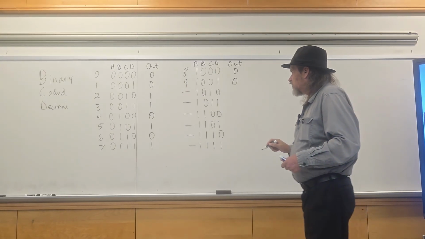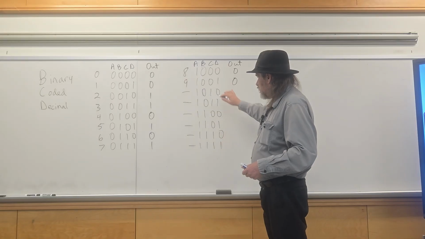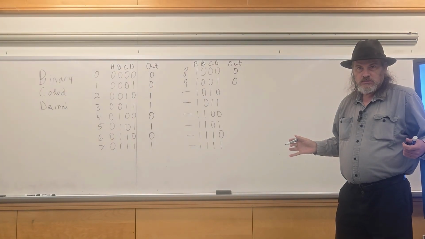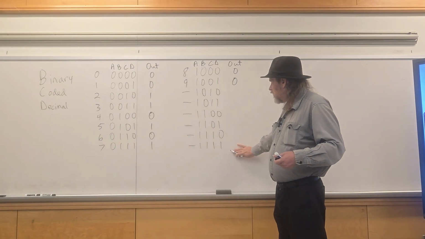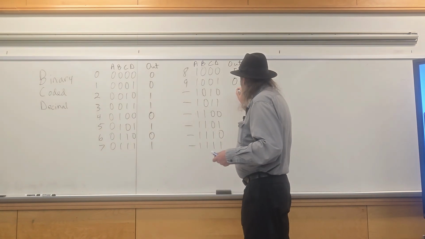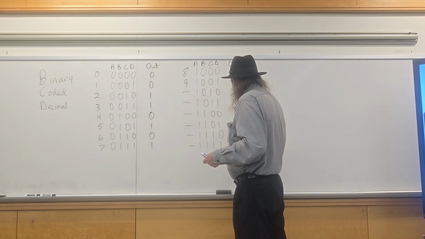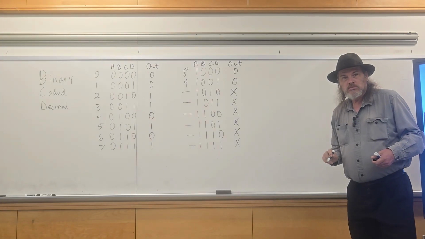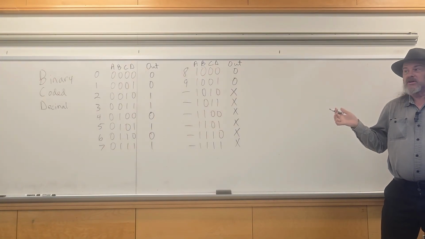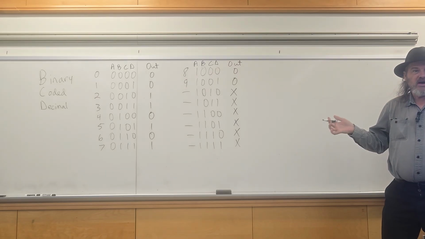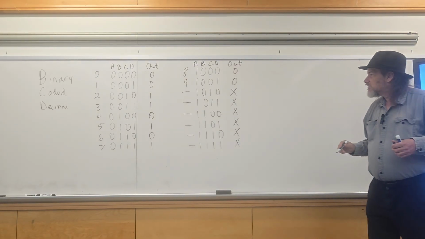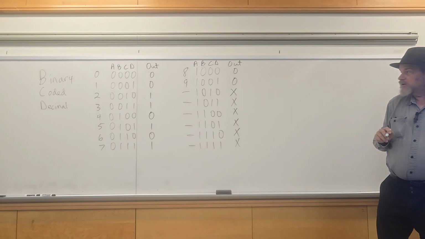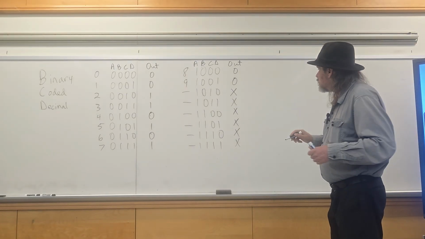Now, what's the situation? You have these 6 numbers here that aren't going to come into the circuit. Those numbers are not in the BCD system, so you don't care what result these have. They can be 1 or 0 on the output. It's not going to happen, so it doesn't matter. So you put an X there to indicate that you don't care what the result is. Okay? So when you do the K-map for this,